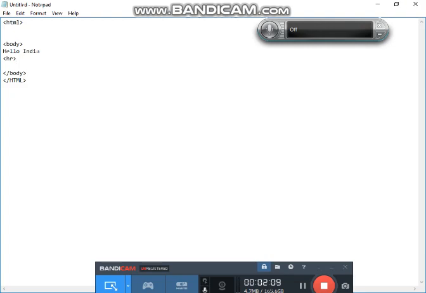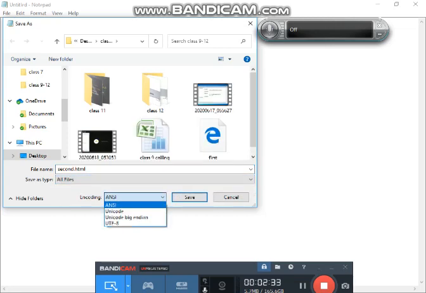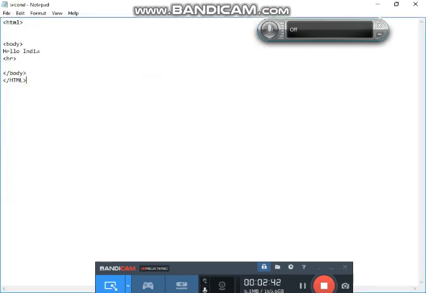It makes one line just below the Hello word. Just look at it. First what we are doing: File menu, Save, then here I am giving the name of the HTML file. Suppose it's my second HTML file, so second.html, and I change its type to all files. Then I decide the location, Desktop, and save.